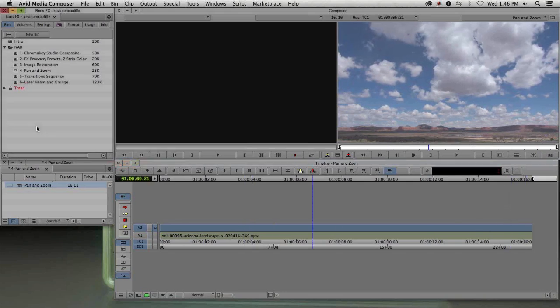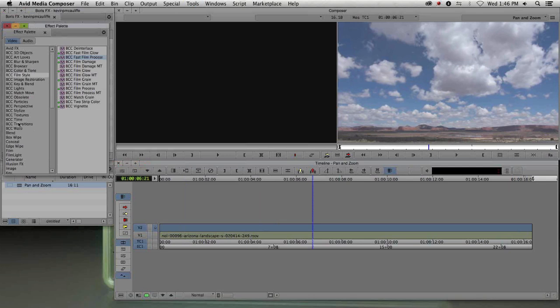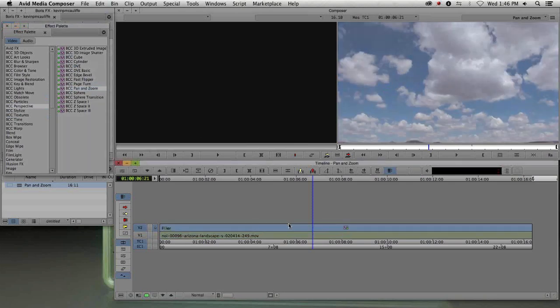Okay, so all I'm going to do is, again, come into the effects palette. Let's come down to Perspective, because it is a perspective effect. You'll find it right here, Pan and Zoom. Drag and, whoops, let's not drag and drop it onto the shot. Let's drag and drop it onto the layer above it. What's very cool about pan and zoom